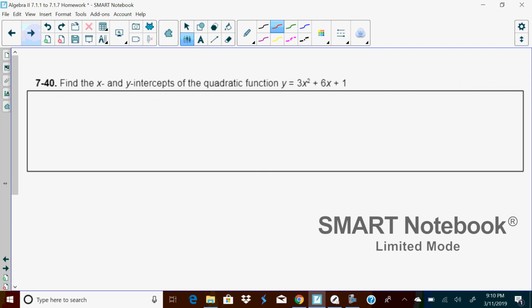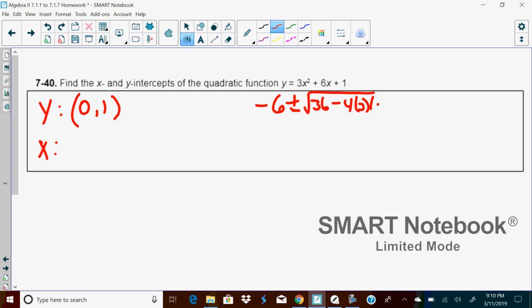Problem 40, find the x and y intercept of the quadratic. So the y-intercept, I plug in 0 for x, and I get the y to be 0, 1. The x-intercept, I can't factor it, so I have to use the quadratic equation. So I'm going to get negative 6 plus or minus the square root of 36 minus 4 times 3 times 1, over 6, because 2 times 3 is 6. So then I get negative 6 plus or minus the square root of 24,